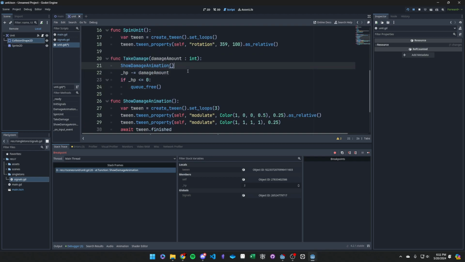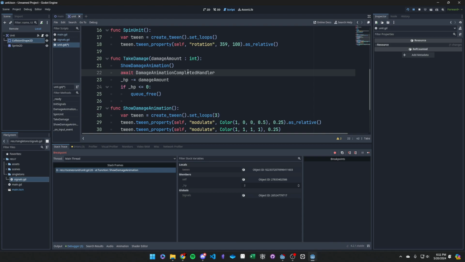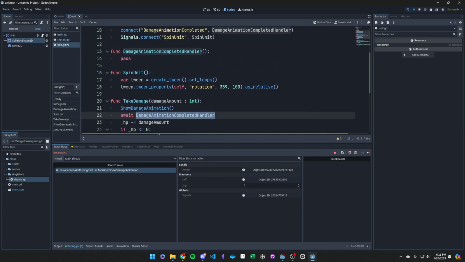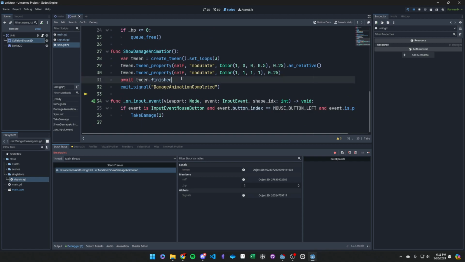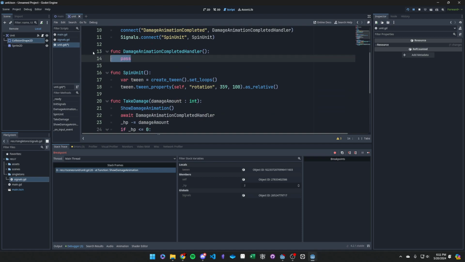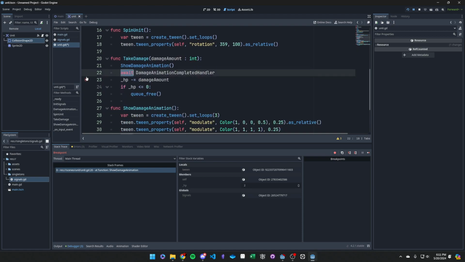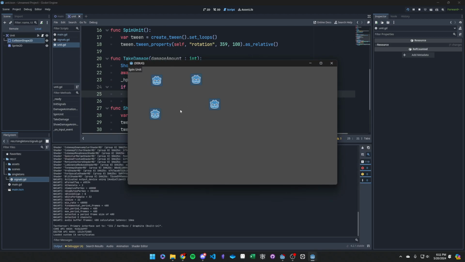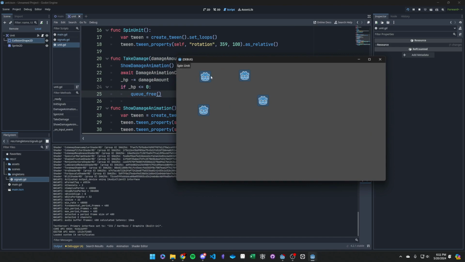And so what I want to do here is call await and then listen for my local signal. Okay, so what's going to happen here is we're going to wait here for the animation. When it's done, it's going to fire this local signal. It's going to get picked up by this local connection that's listening for it. This is going to get called. Nothing's going to happen, but this await that was also listening for this local handler goes, oh, I got what I was waiting for, so go ahead and continue processing. So what we'll find is that now we can spin the unit as well, and then we can also add